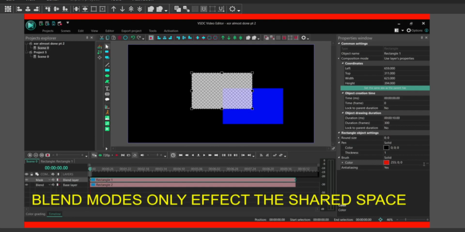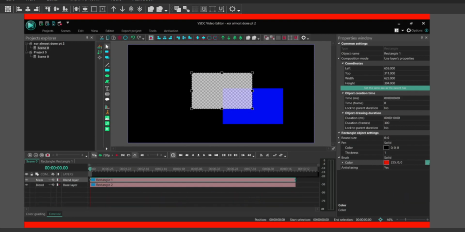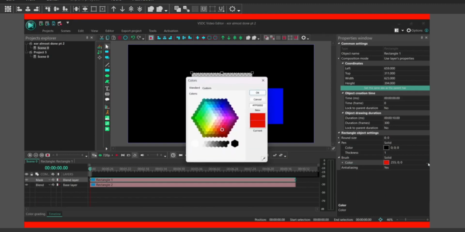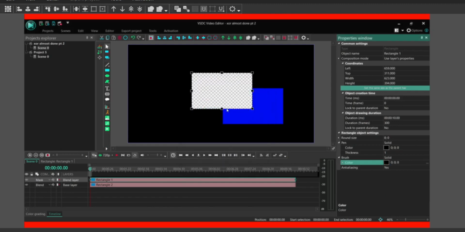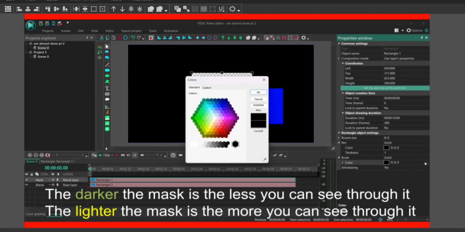If I change the color of my blend layer, it's red right now. See, here it says brush. If I change it to black, you see what happened there? It's now completely invisible. What that means is the darker that my mask is, the less you can see. So if I make it lighter,